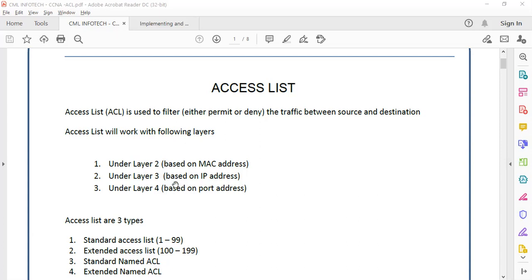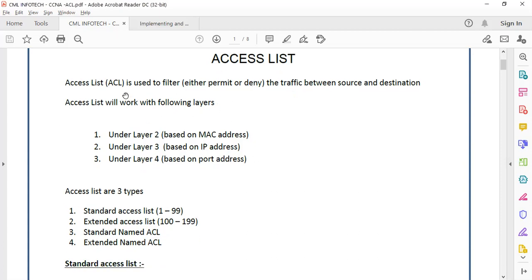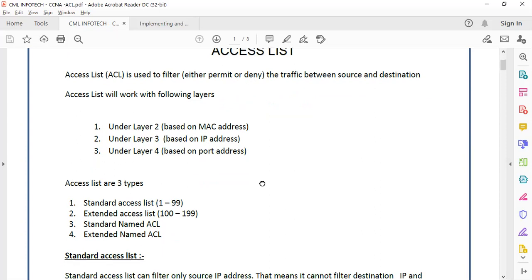Or based on port number or protocol, which means upper layer protocols like HTTP, FTP, DNS, DHCP can be done based on this. Or even we have a choice to perform based on content. Content means like a string value, maybe YouTube, maybe Facebook, or within Facebook a specific content like chat, audio chat, video chat. This we call CBAC, content based access list. We'll discuss later, inshallah.